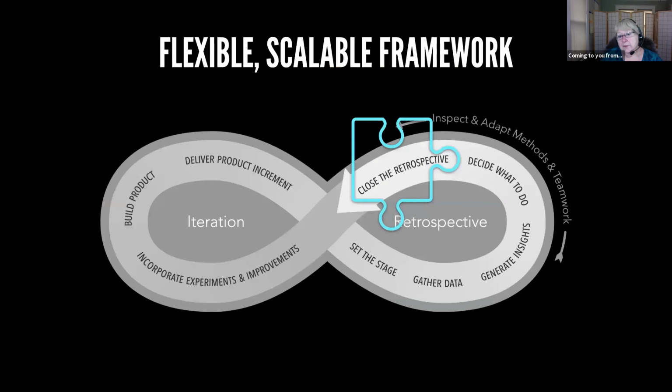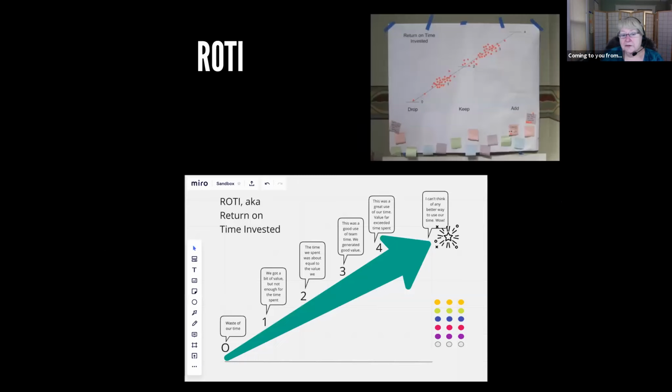And then finally, so now we've got our action. We know what we're going to move forward with. We know what that's going to be. And now it's time to close the retrospective. So in closing the retrospective, we thank the group for the work that they have put in. We generally do some kind of debrief on our feedback on how the retrospective went for them.